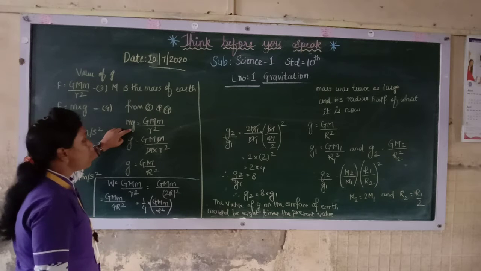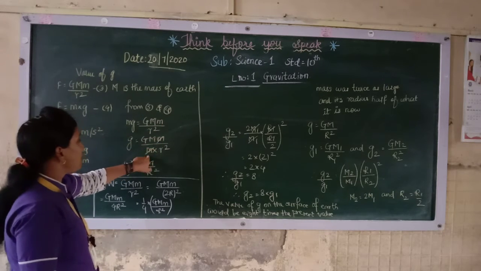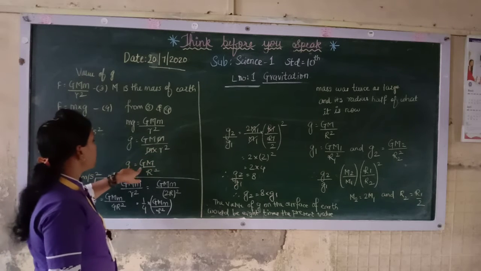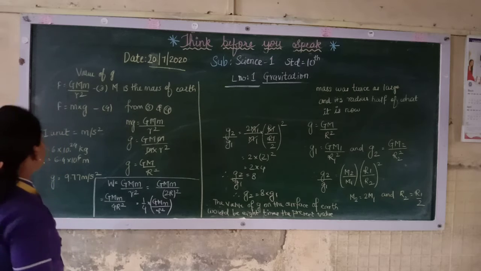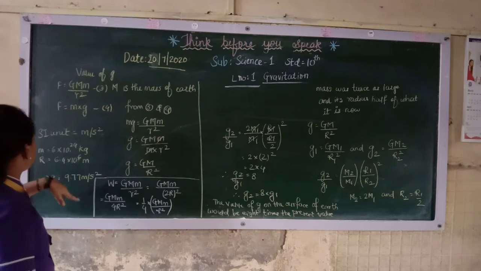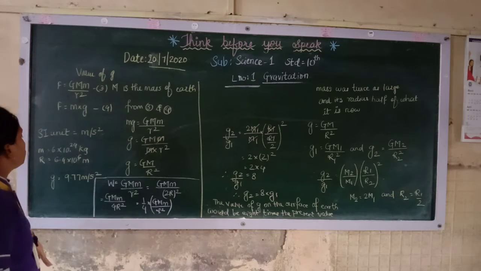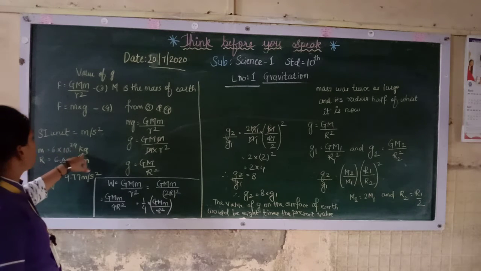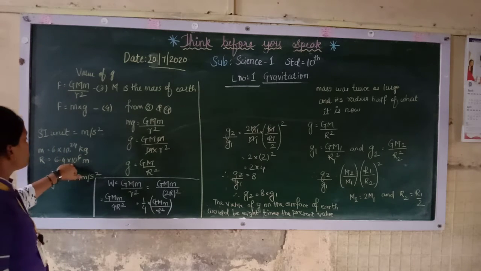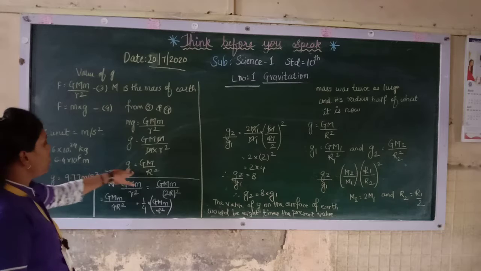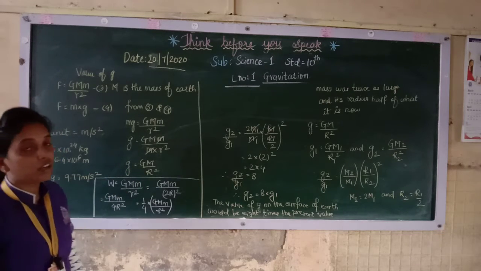So what will be g if you want to equate it? The m will go on this side, so the upper m and this m will get cancelled, and you will get g is equal to capital G M upon r square. Now remember the SI unit of g. The mass of the earth is 6 into 10^24 kg, and the radius is 6.4 into 10 raised to 6 meters. So when you put this in, you will get the value of g as 9.97 meter per second square.